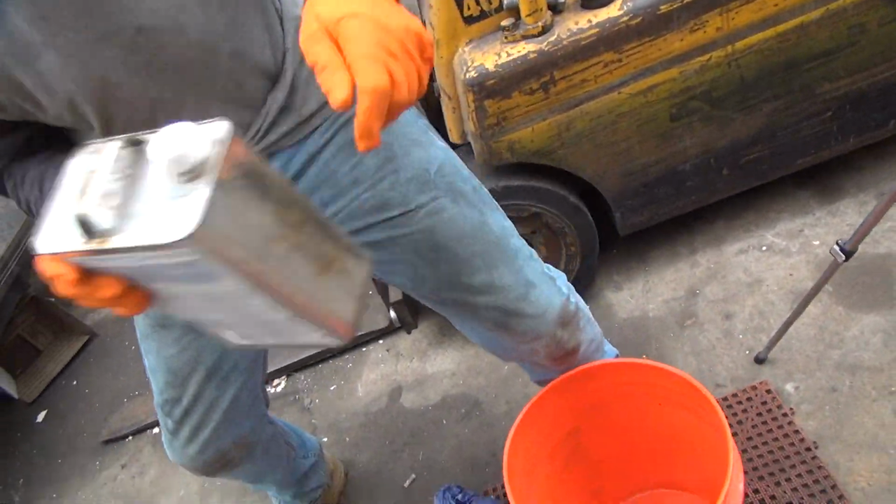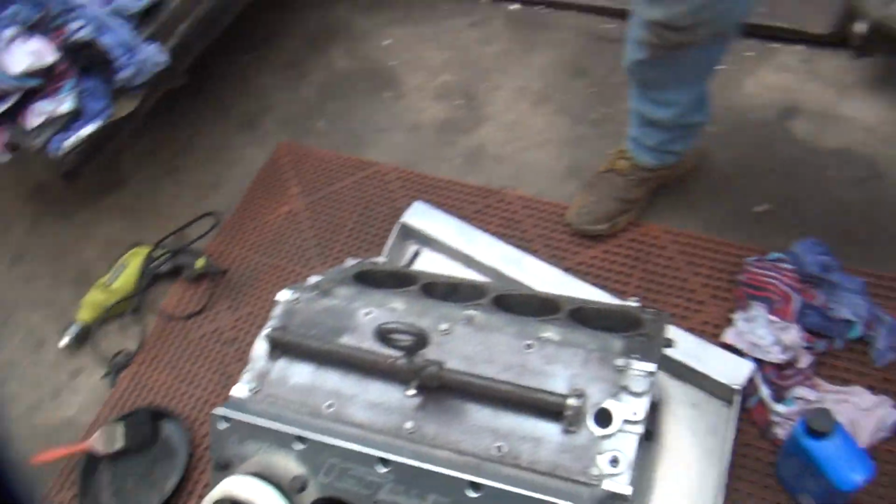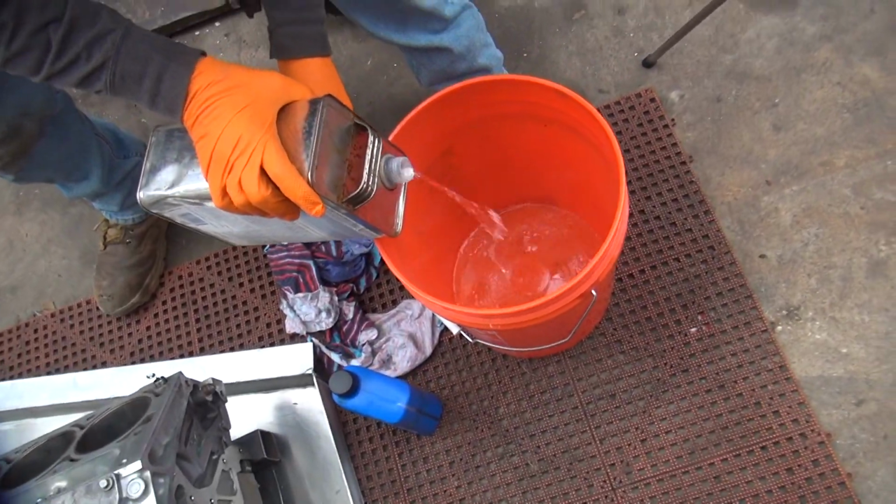What is mineral spirit you said? California though. Odorless. Can't buy this anywhere but California. Odorless. That means you can't smell it? Nope, you can't smell the honing oil. So it's like water, huh? It's water with a little...